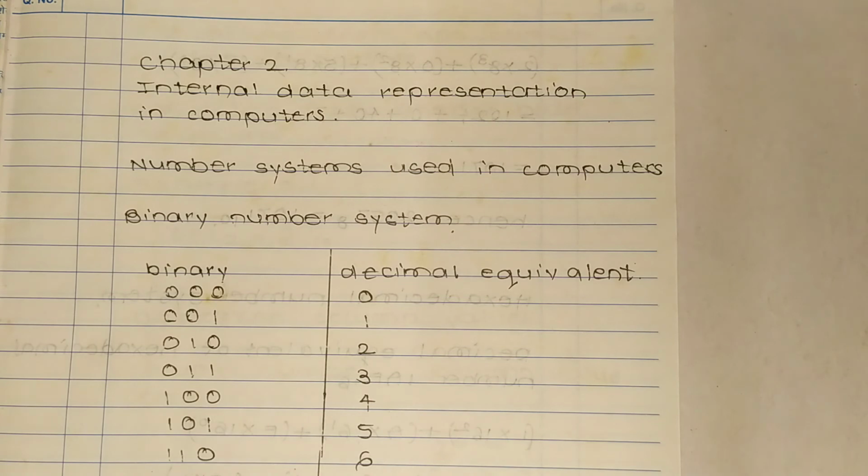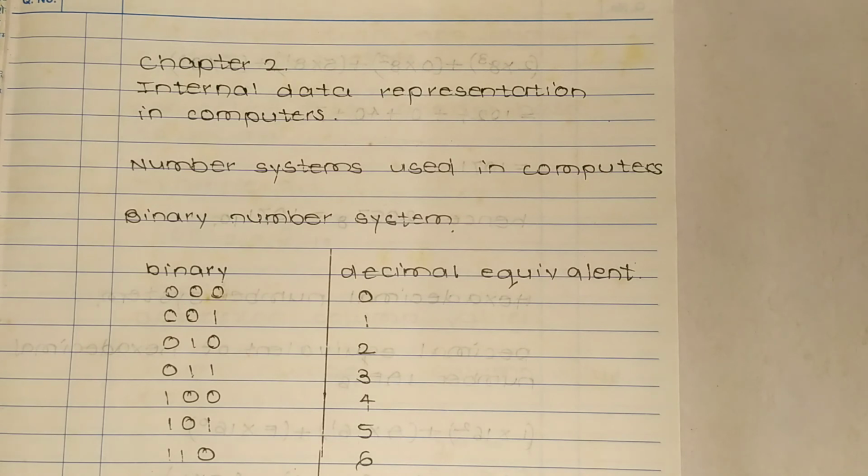Now the binary number system. In the binary number system, the value of the base is 2. Since there are only two digits, that is 0 and 1, the base is 2 here. The largest single digit is 1, which is 1 less than the base. Each position in a binary number represents a power of the base, that is 2. Therefore decimal equivalent,